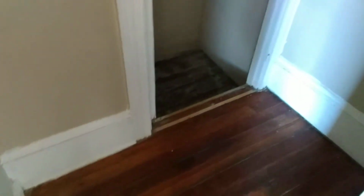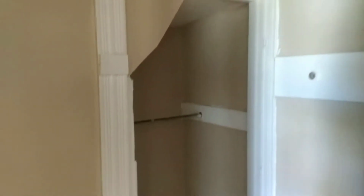This unit has hardwood and tile floor throughout the unit. Here we are in the main room here. This unit has freshly painted walls. You can see the sliding door here that opens up to a storage area, kind of like a double closet, as you can see. Moving back out,